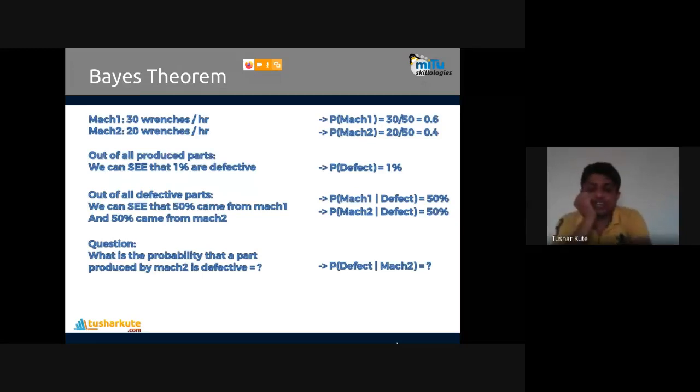Correct? This is my question. Conditional probability: the defective part is present, but is it from machine 2 or machine 1? It is possible that it is from machine 1 or machine 2, but probability matters. So my question is: the part is from machine 2. Yes, machine 2's part is defective.